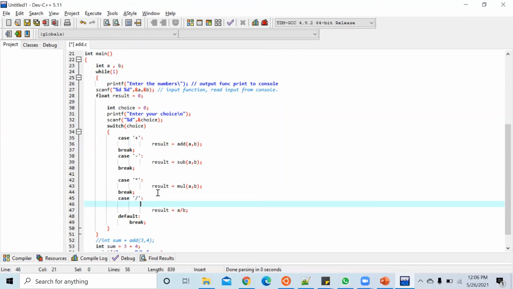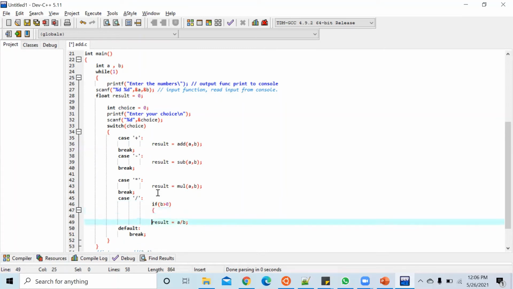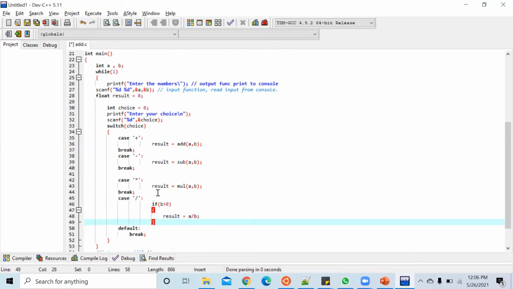Okay. Here, I will add if B is greater than 0. I will add in this block. So it means that if B is greater than 0, then only compute the result.